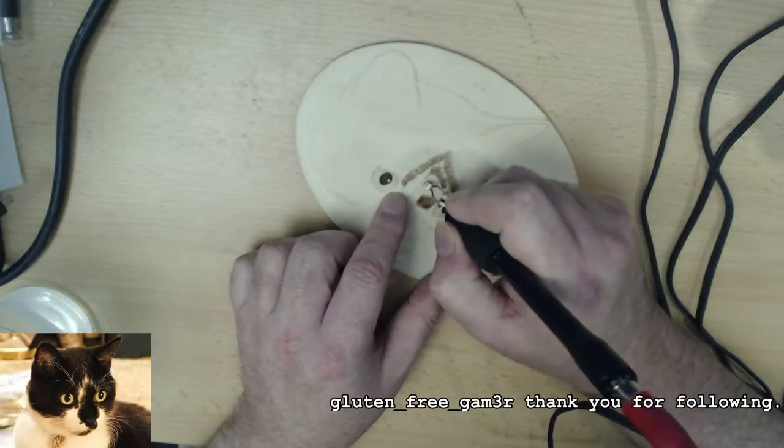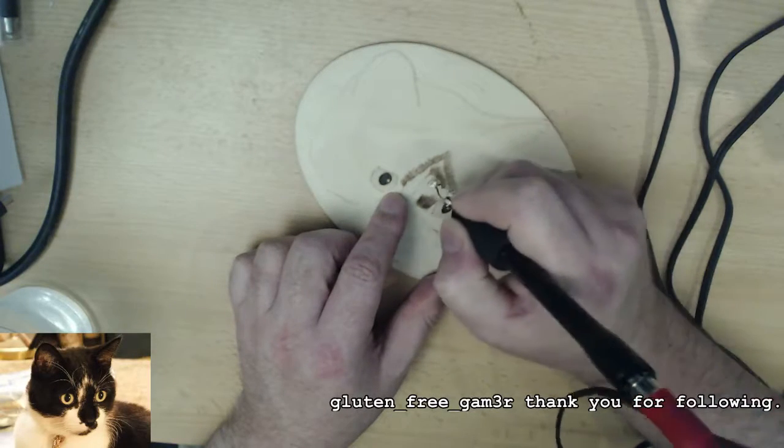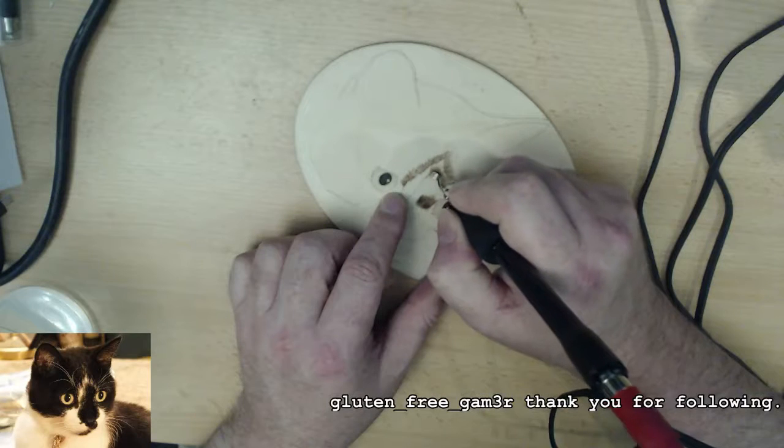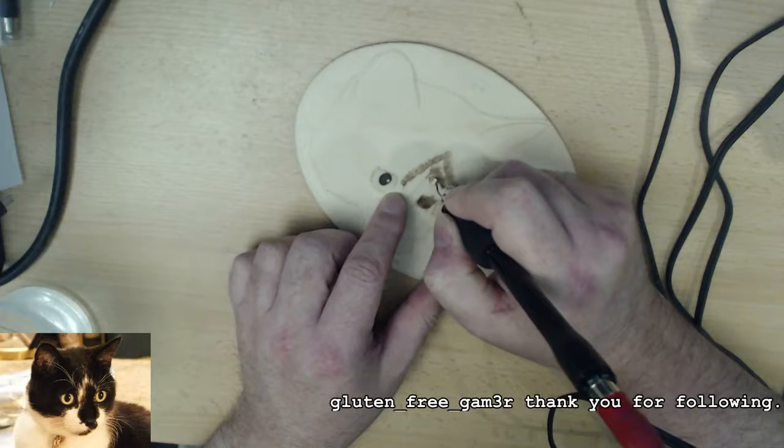So I've got to remember to effectively land this like an aeroplane, do a touch and go and take off again, and in doing that I don't get the blob either at the start or at the end,